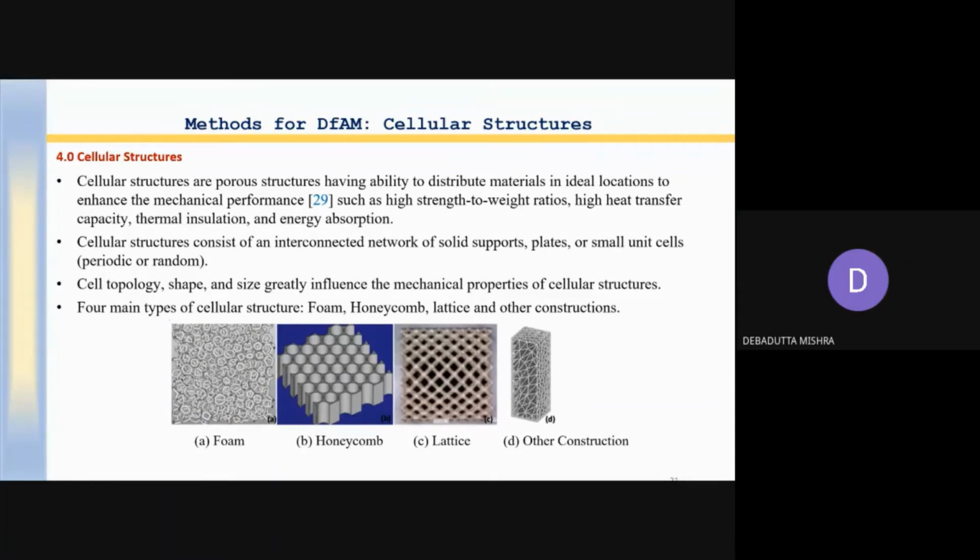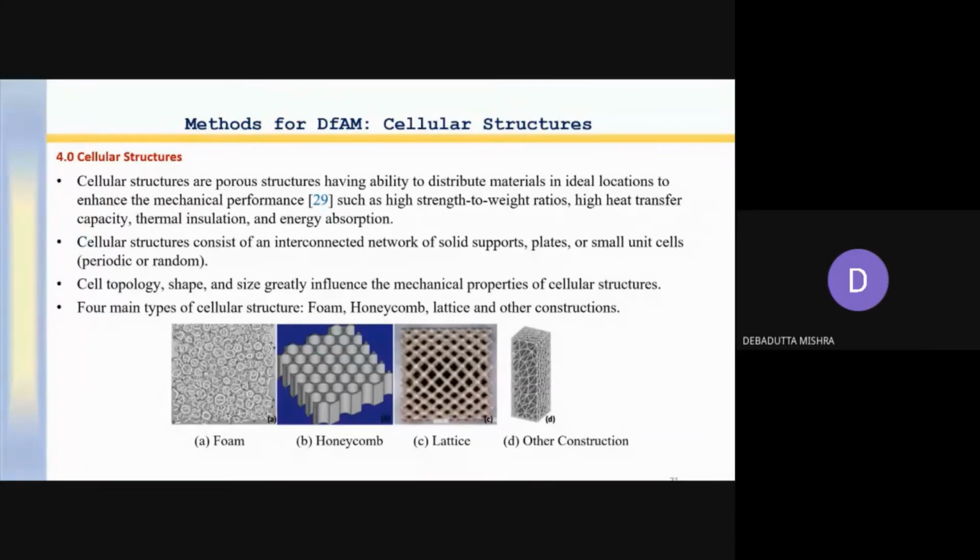What is the cellular structure? You can see the first one, the second one. These are an interconnected network of solid supports. And the cell topology, shape, and size influence the properties of the cellular structure. Mostly the cellular structures are used for support. Okay. And there are mainly 4 types of cellular structures defined.